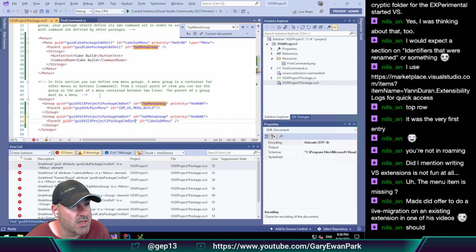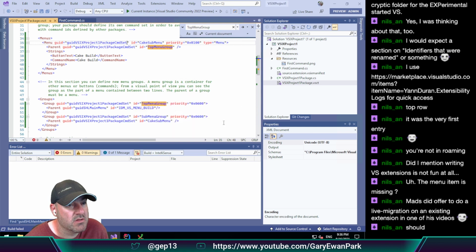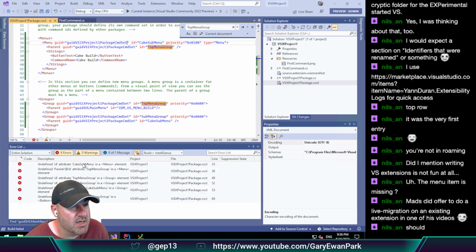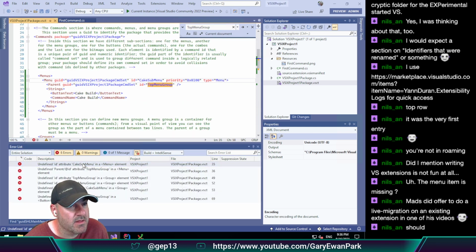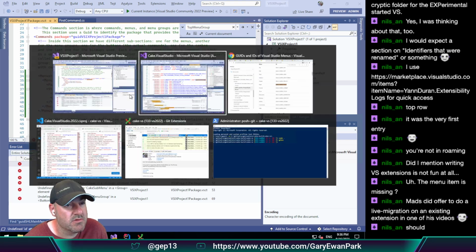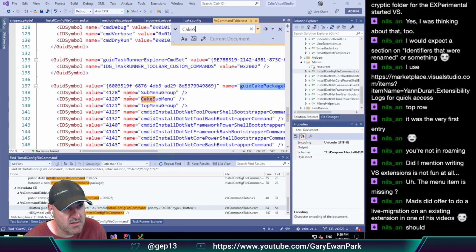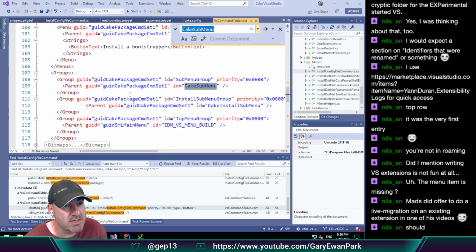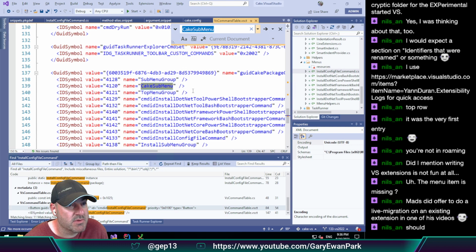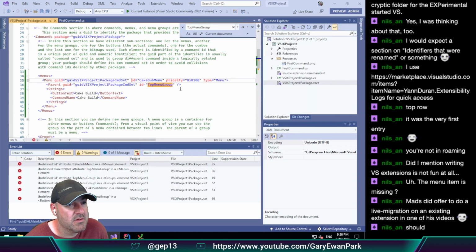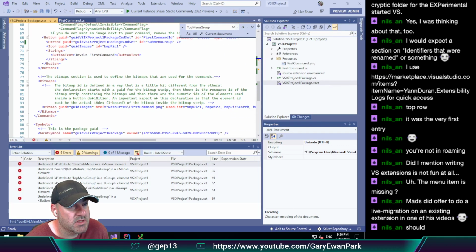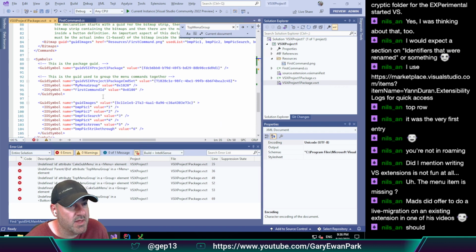And what else did we add? We added a menu which needs to have this. I still think that's going to be broken. That's okay. So cake submenu doesn't have an identifier, but we need it to have one similar to this thing. So if we go back to here, then